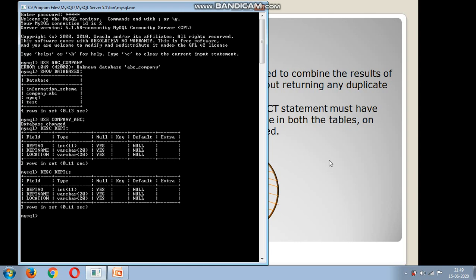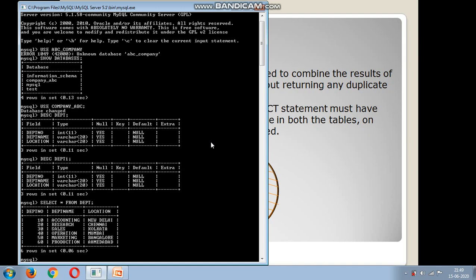Now to see the values of a single table, what is the query? Select star from, let us go with the first table, department. These are the values which I have already inserted. Whenever you do this on your laptop or computer, first you have to create a table, and after that insert values, and only then will we get the values. Similarly for the next table also,